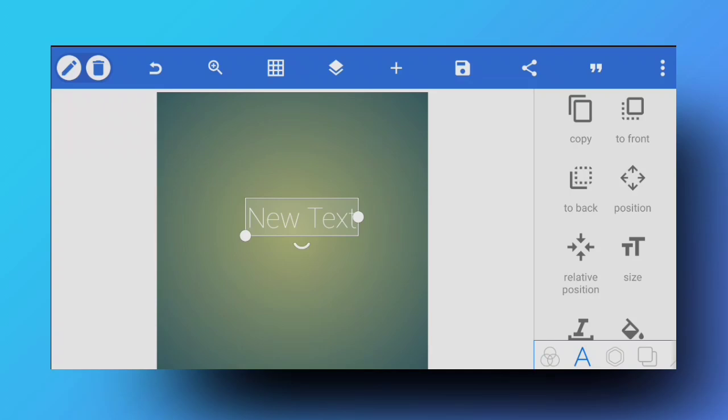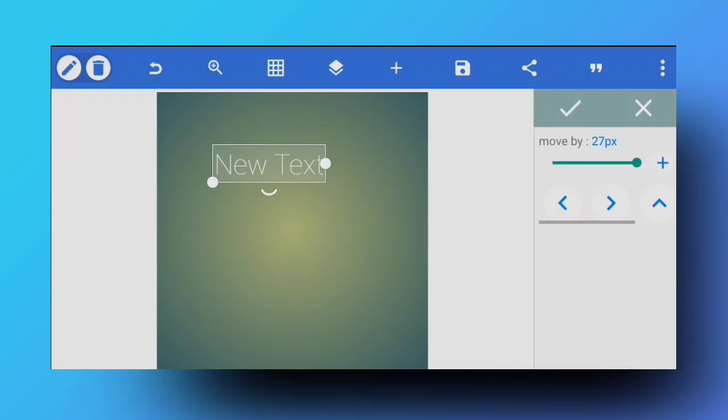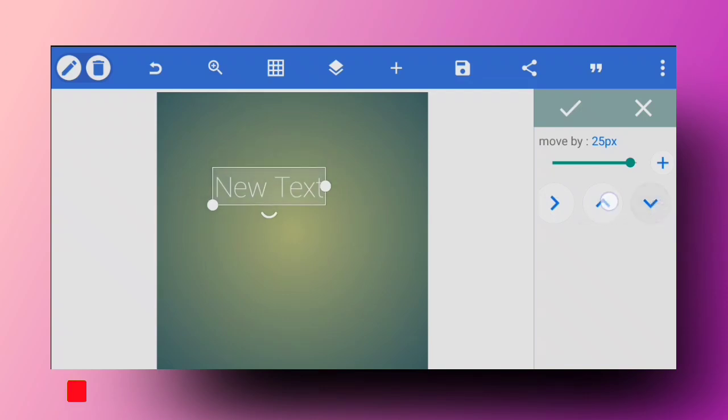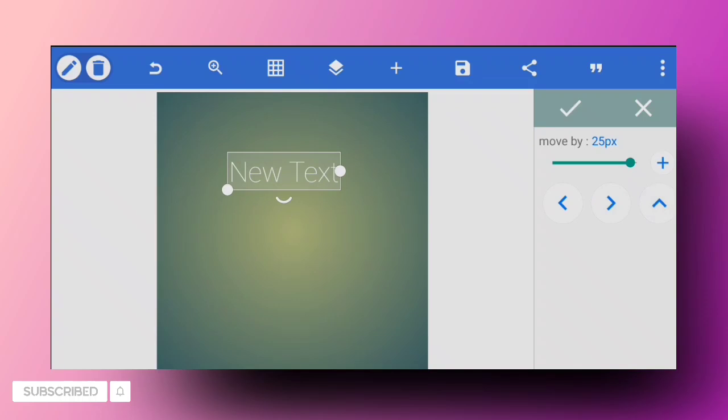It gets really stuffy if there are a lot of layers and you can accidentally select another layer, and then that won't really happen. If you are clicking and moving and positioning things over here, you might click accidentally on some other things, and that just doesn't work if you are editing a bigger project. So yeah, that will help you. And you can also control this section right here. That comes in handy, and you can move your text or your layer in whatever direction you want, and that will really work.